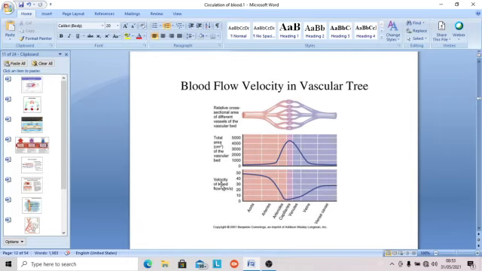And the velocity of blood is just the reverse of the area, because if you increase the area, the blood velocity will suddenly fall. So the velocity of blood falls in the arterioles and capillaries, with minimum velocity of blood. Then again it somewhat increases in the venules and veins, but naturally in the vena cava, blood velocity is much less than on the arterial side. You can see the velocity.